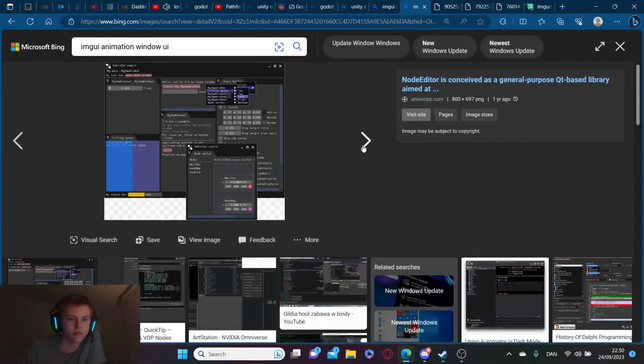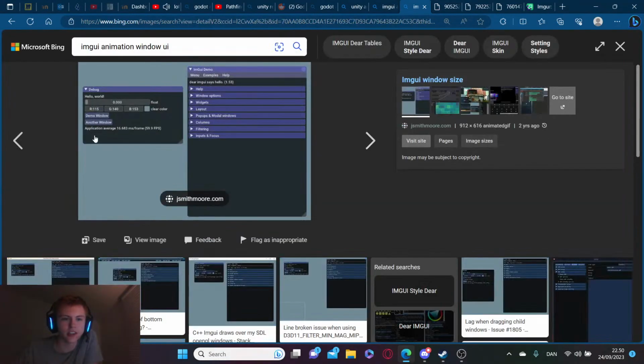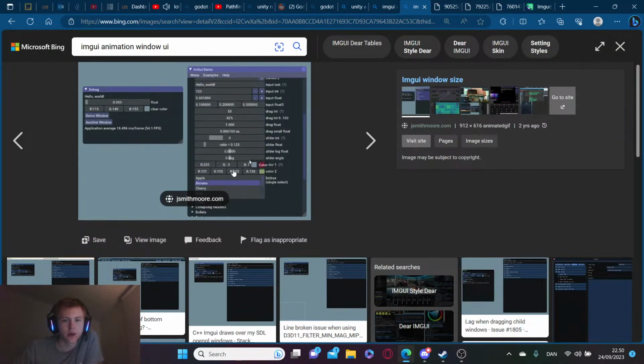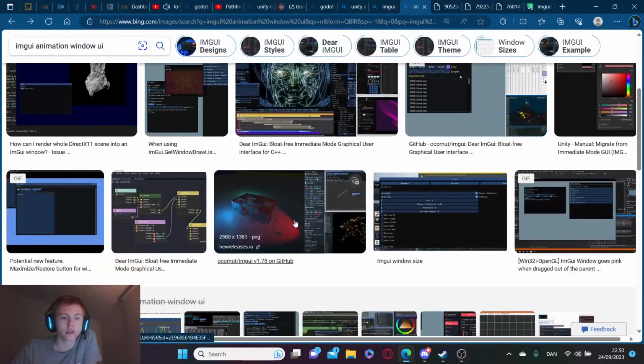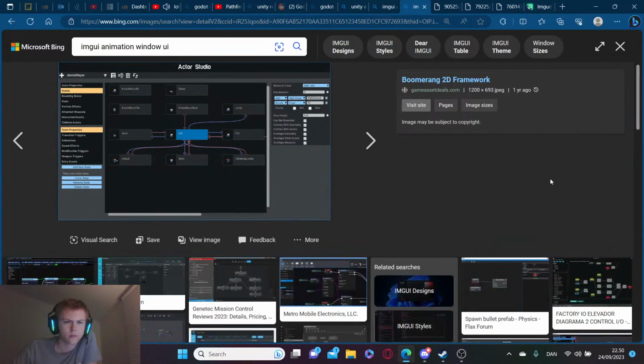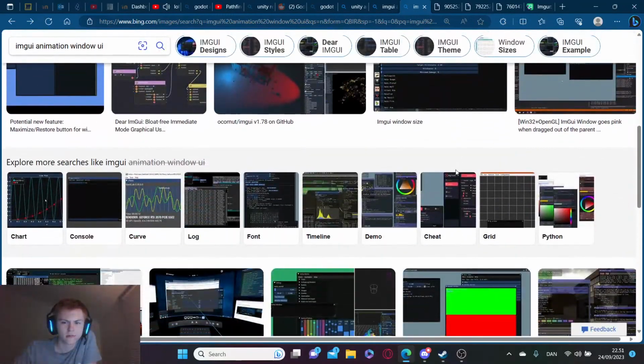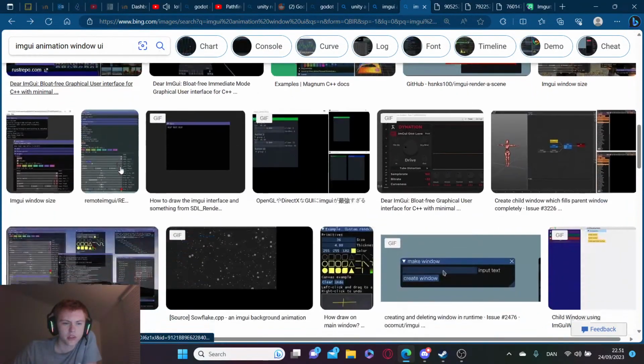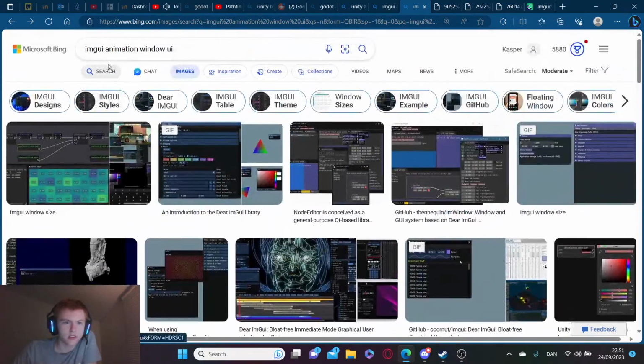Yeah, well, ImGui is kind of like the basic library for all GUI components because it's really easy to use. And it has a dock space, drag and drop functionality, which is of course really useful. Even Unity uses it for their UI. Their UI is made with ImGui, if you didn't know that. So yeah, this is all things that you can make with ImGui if you get really good at it. But how would I make an animation window? Has there been people that have made it with